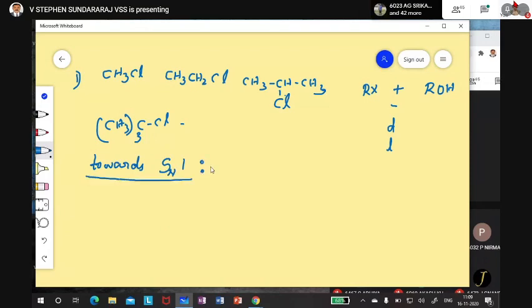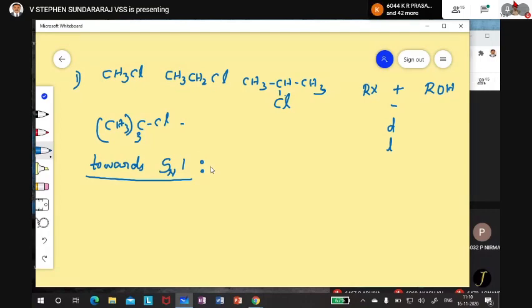Okay. So far I was explaining what SN1 and SN2 are. SN1 will take place in two steps. SN2 will take place in one step. I'll tell you the mechanism later on, but at least you can understand. Once you understand SN1, it is enough to answer this question. Tell me which alkyl halide will be very active towards SN1. They will not like to go for SN2.